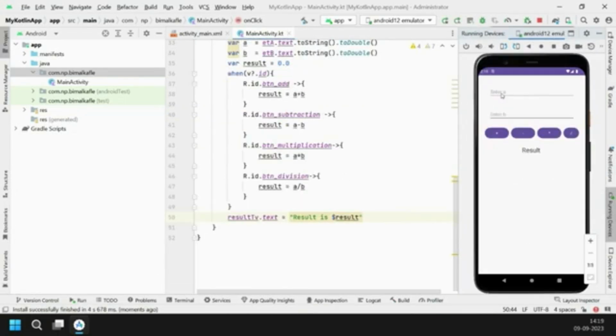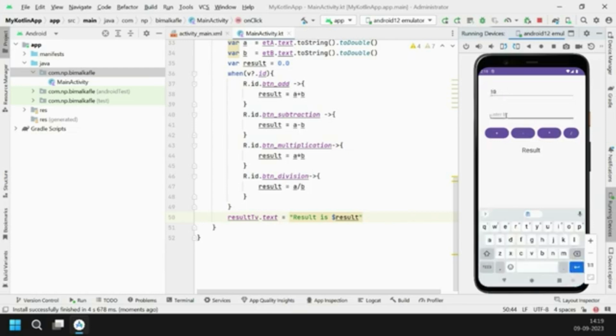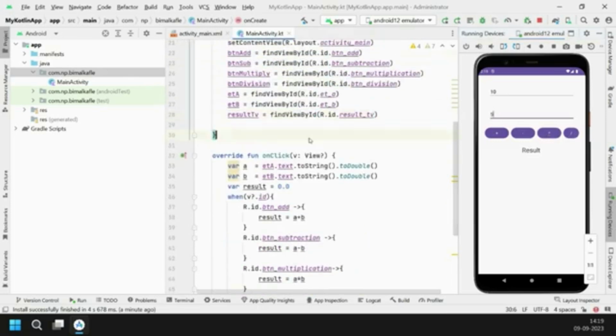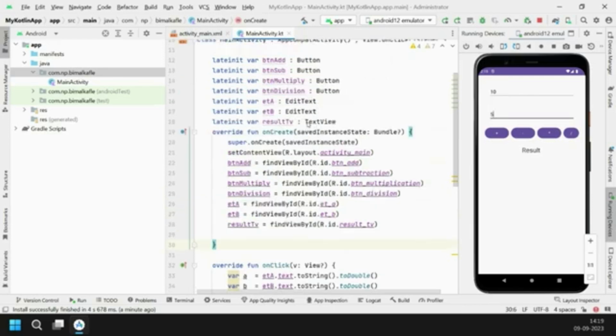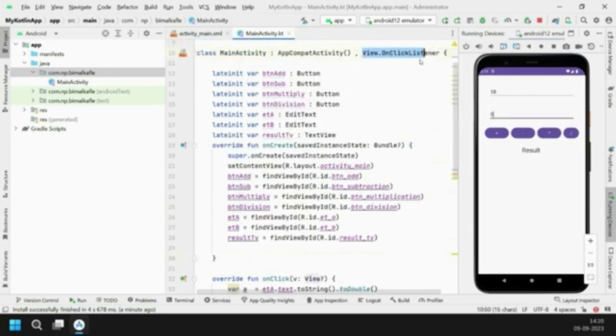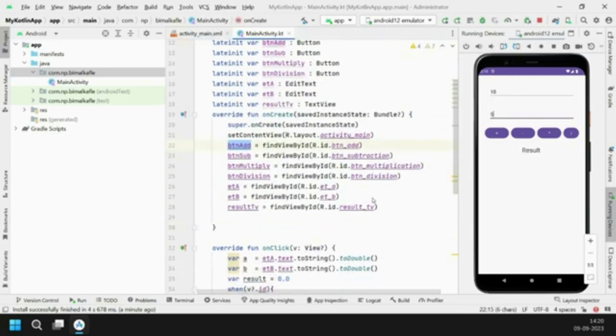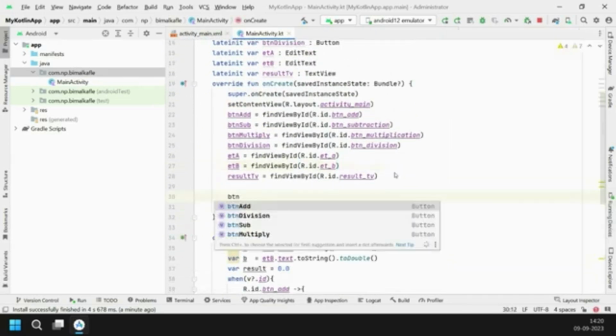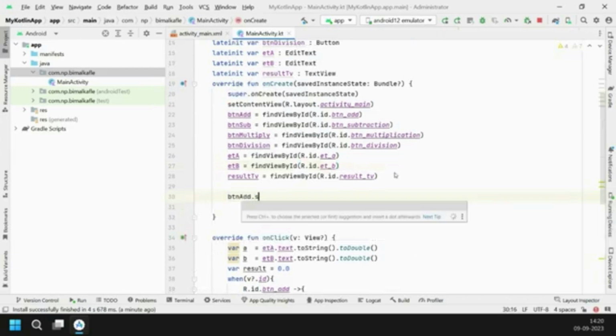So when I run my emulator, I can see what exactly is the data that is coming up. I can see the data of 10 and 5 I have inserted, but I can see there is no result popping up on my screen. So I need to check what has gone wrong. I go back to my code to check where exactly is the problem. Then I found out that there is a value which has not been mentioned.